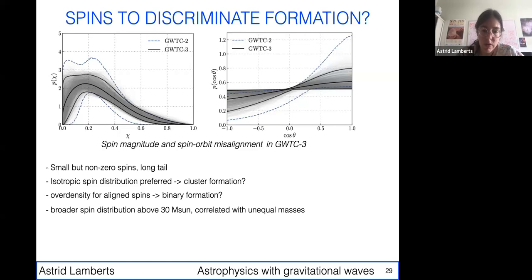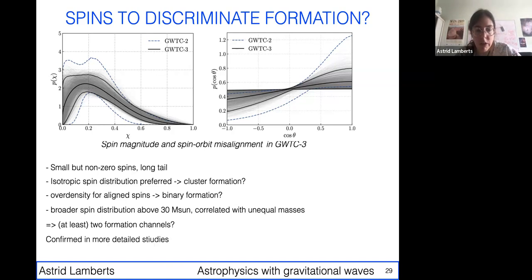So all of this is quite uncertain, but it's confirming this idea that there are at least two formation channels in nature. And people who've done much more careful studies than what I'm just doing here with my hands agree on this, that the two formation channels are likely present in the data, although we don't really know exactly which fraction. So I'm actually going to stop here.